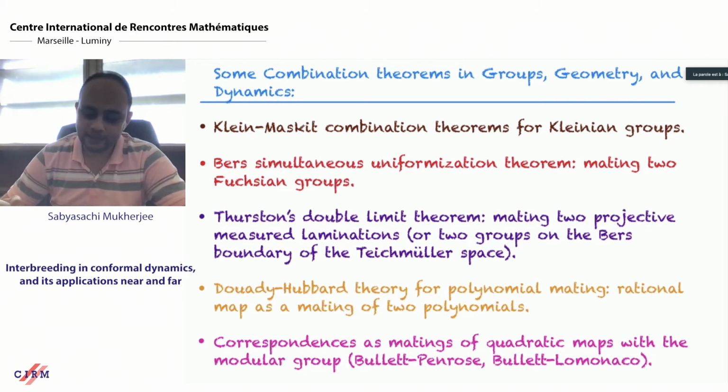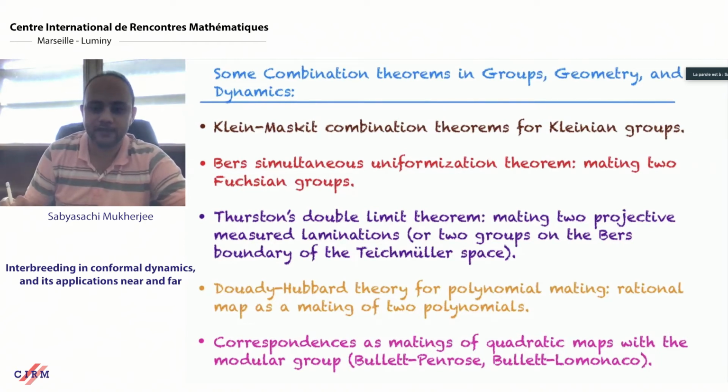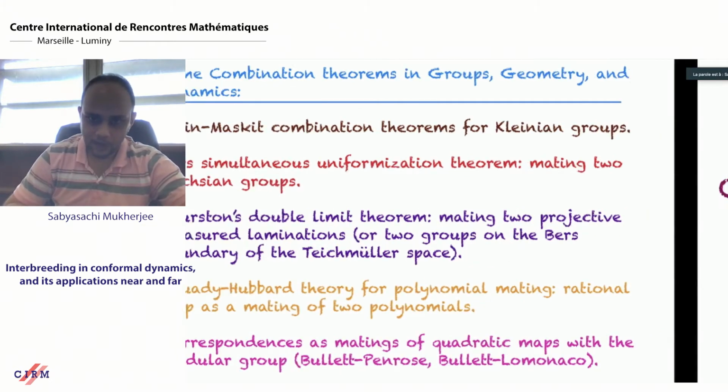Now, the starting point of our work, as I'm going to start in the next slide, is to try to come up with some kind of a general framework of these matings of polynomials with not just the modular group, or in our case, some general class of reflection groups, but not as correspondences, but as a single partially defined map on the Riemann sphere. Okay, so how does the story start?